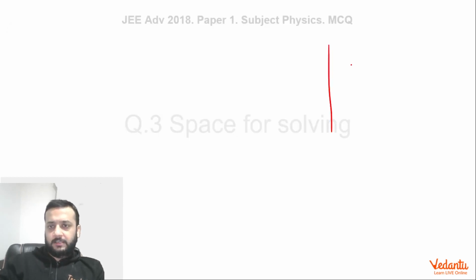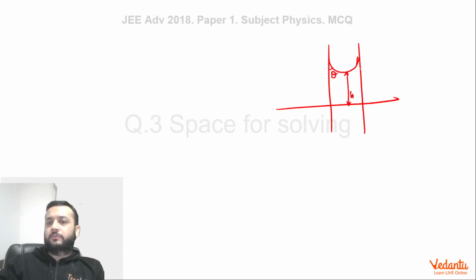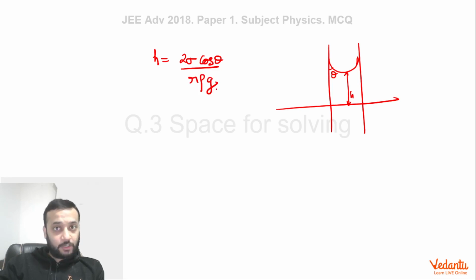So first let us see what is happening over here. This is the surface of the water. Let us say the water rises up till height h. So this will be h. Okay, this angle will be theta. So we have to ignore the water in the meniscus. So we know the standard formula h equals 2 sigma cos theta by r rho g. They are using sigma for the surface tension. R is the radius of the capillary, rho is the density of the water, g is the acceleration due to gravity, and h is the height measured from the surface up till the bottom point of the meniscus.